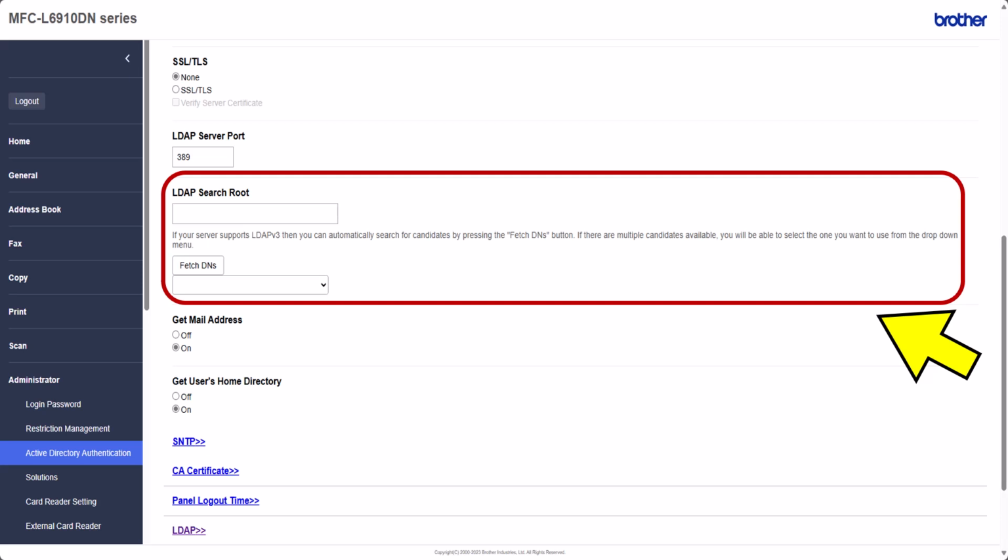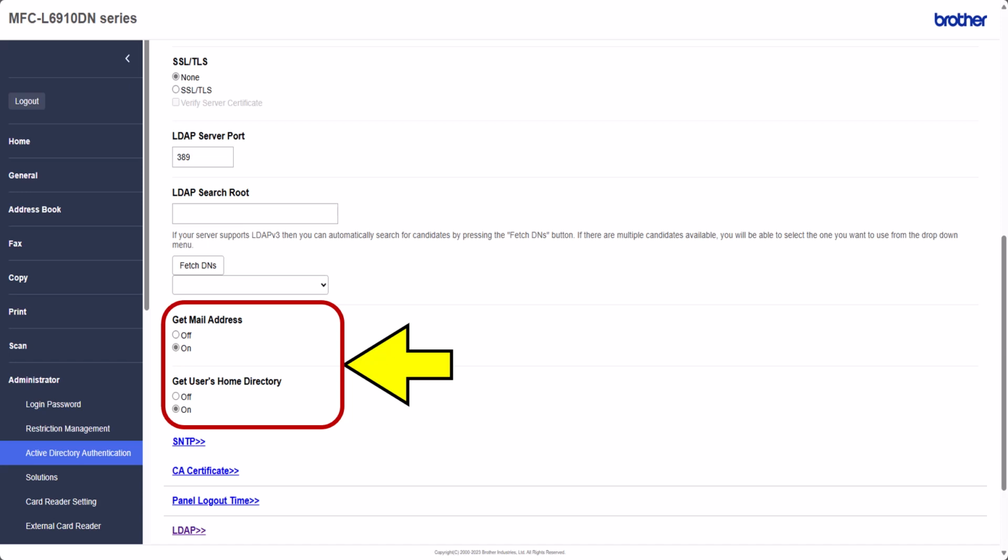If you know the search route, you can enter it in the first field. If unsure, select Fetch DNs and your search route will appear in the drop-down arrow. Remember, we are now using AD, so therefore you do not need to use OUs, organisational units. This is only for LDAPs.